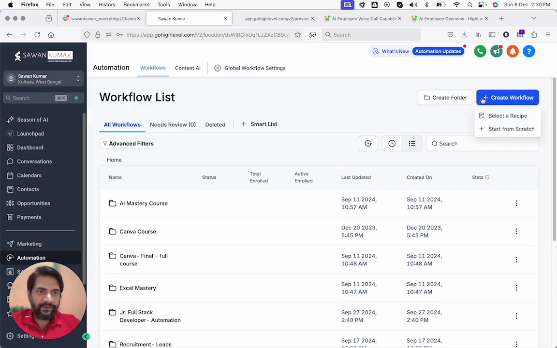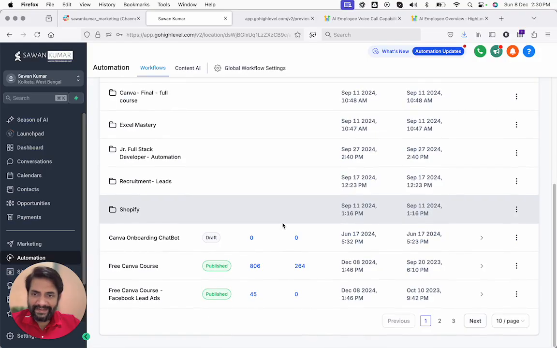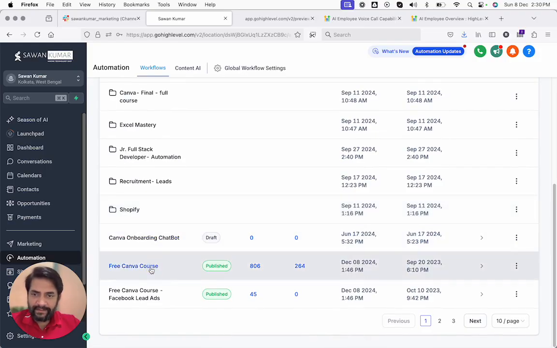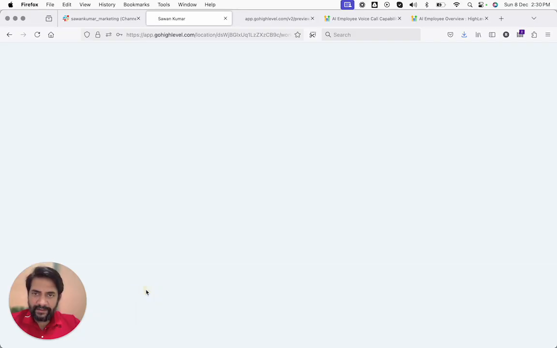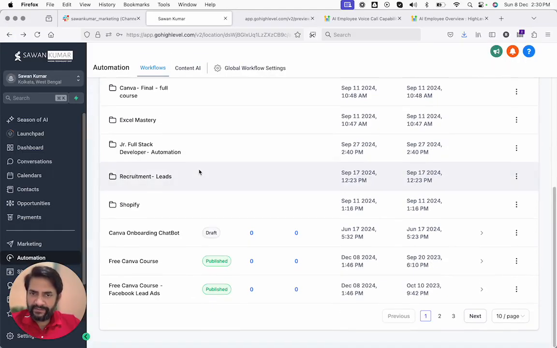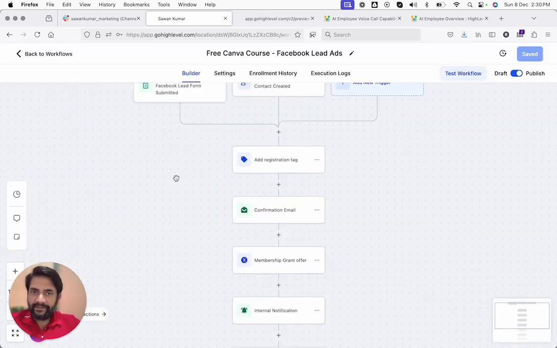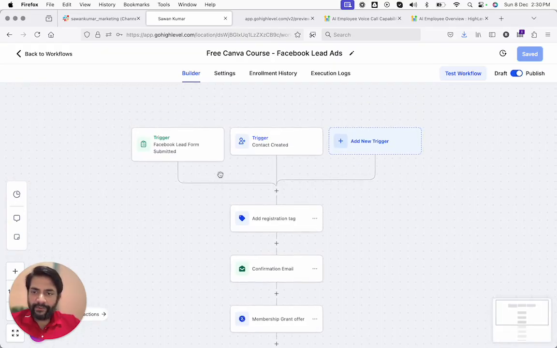I click on Create a Workflow, or let's select one of the already created ones. Okay, I would like to go with the second one, not this one. I'll choose something that I'm not using right now. And this is the workflow. Let's say I want to use